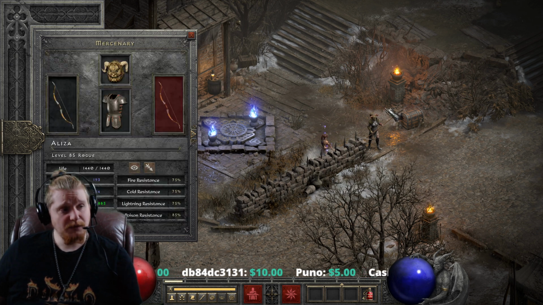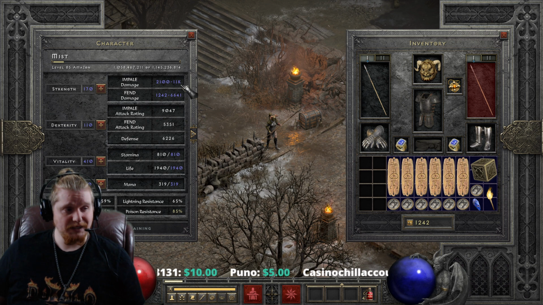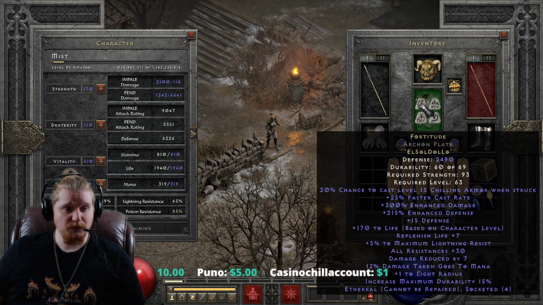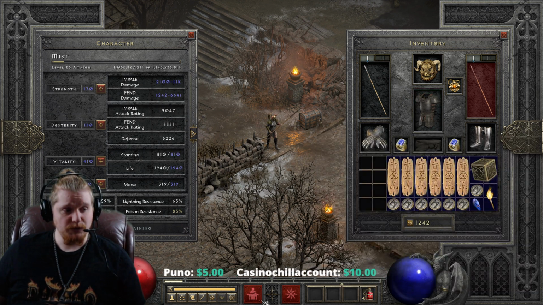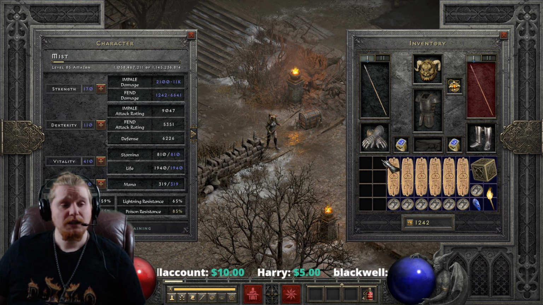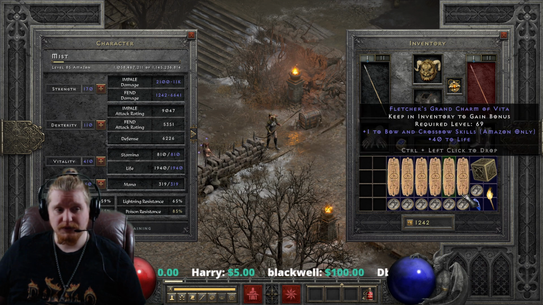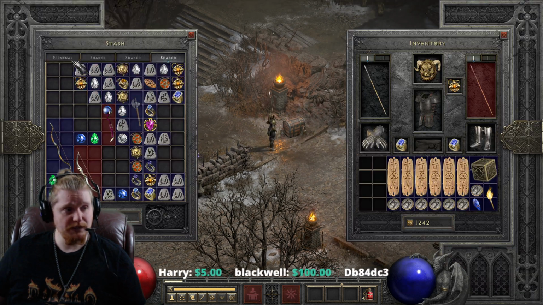So we're rocking, oh, nice. I went up even further. We're rocking 2,100 to 11,000 with Fortitude, which is pretty darn sweet as far as our Impale damage goes. And then our Fend damage isn't looking too horrible at 1,242 to 6,641. Now, the problem with Impale, unfortunately, and this is with bow and crossbow skillers, by the way, so I could be rocking...